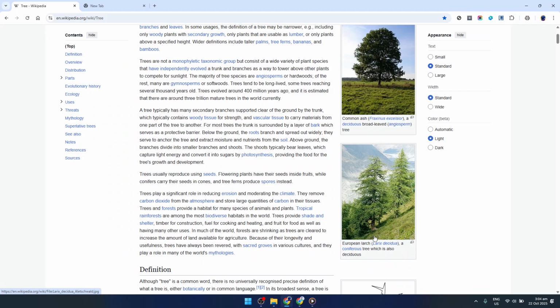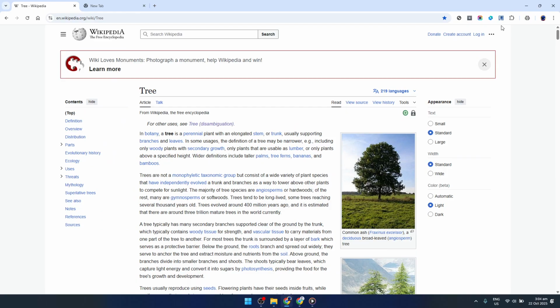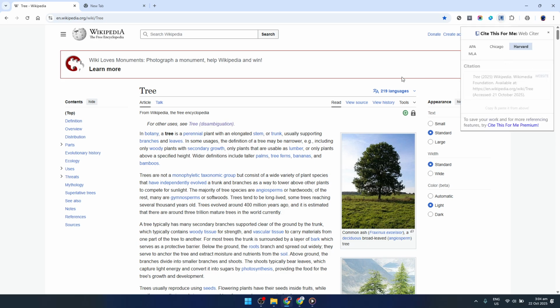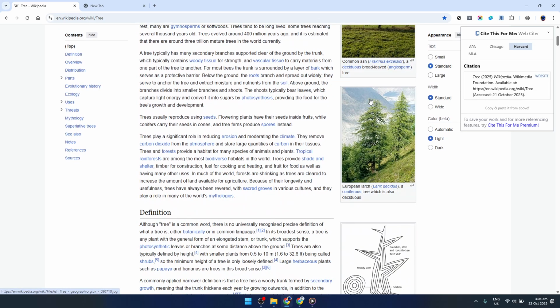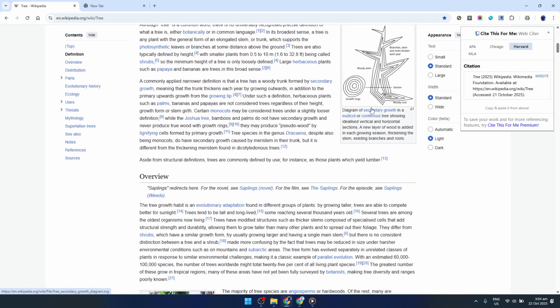Once you're on the web page you'd like to cite, look over near your address bar. There you should spot the Cite This For Me icon. It's usually placed on the right-hand side of the address bar. Go ahead and click on this icon. This action will prompt a pop-up window to appear, bringing us to the next part of the process, choosing your